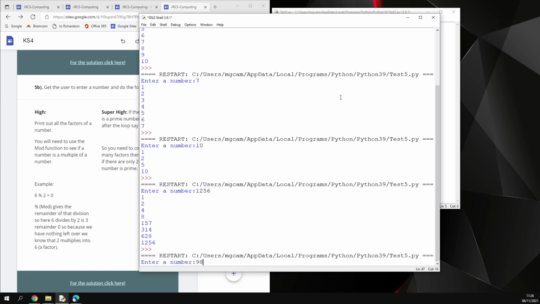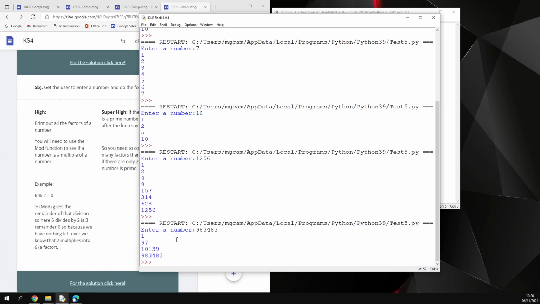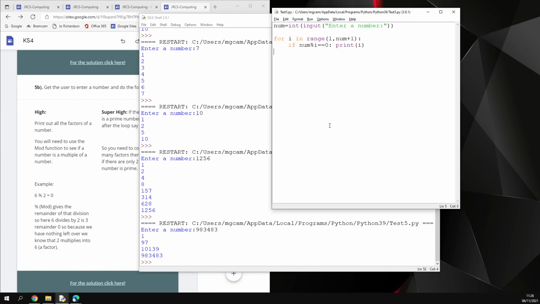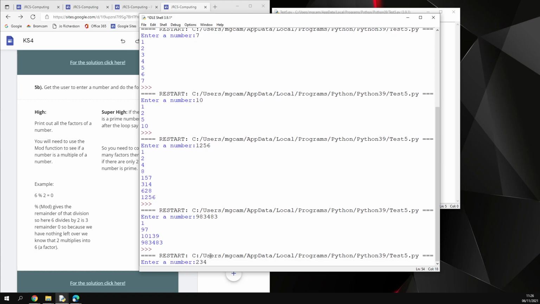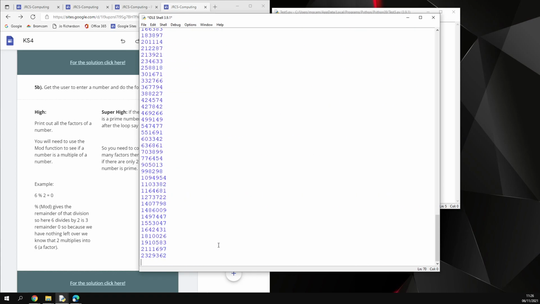Let's do a big number. There we go. Wow, there's so few numbers. Well, what are the odds on that? That must be nearly a prime. But it's not. So let's do a really big number. Oh, you've got quite a few numbers now. And the computer's starting to really slow down as it works out if this is